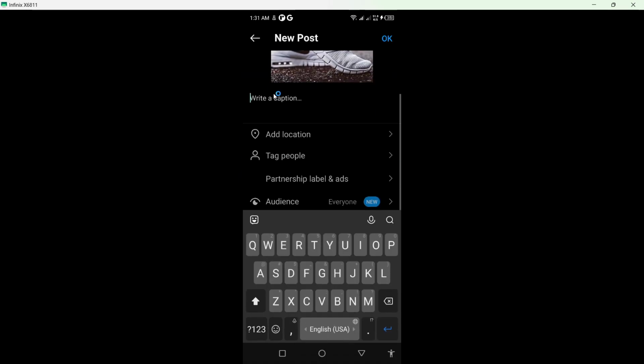Once you are here you can see an option of write a caption. In the latest update, you can see an option here, add a caption. So if you have that option, you simply need to click on that and you can add a caption. Currently that option is not available in my country, so that's why I'm unable to update. But you simply need to add a caption here, like